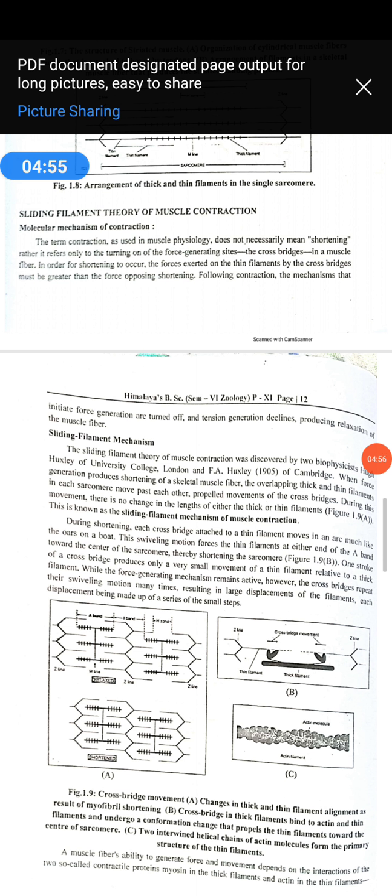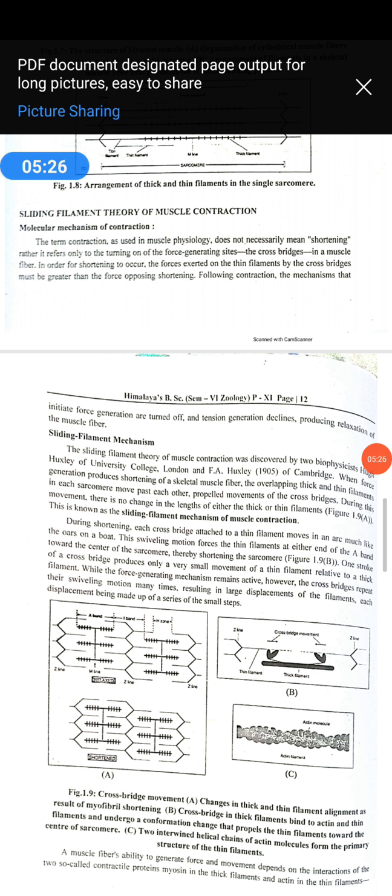Now the head of the myosin cleaves the ATP, meaning it breaks the ATP and derives energy from it. Using this energy, myosin gets attached to the active site of the actin and forms the actomyosin complex. Understand? The myosin heads are now tilted backwards and pull the attached actin filaments inwardly. This results in the contraction of the muscle fibers.